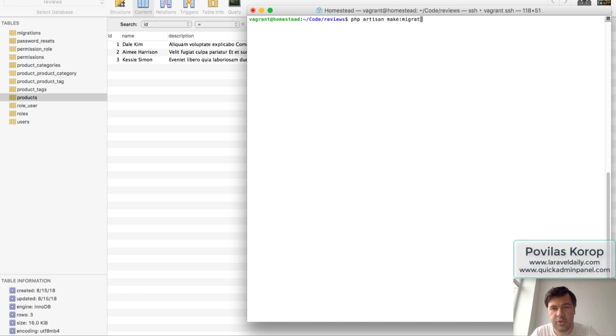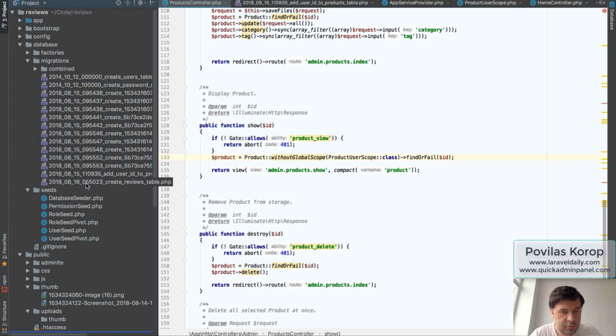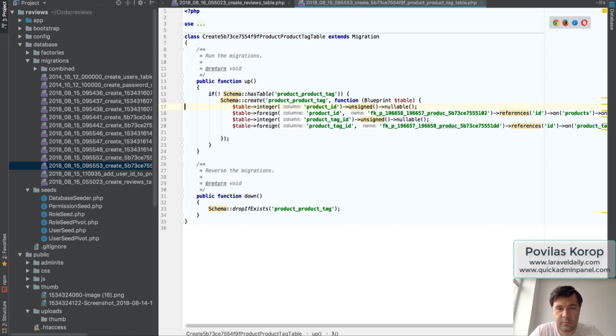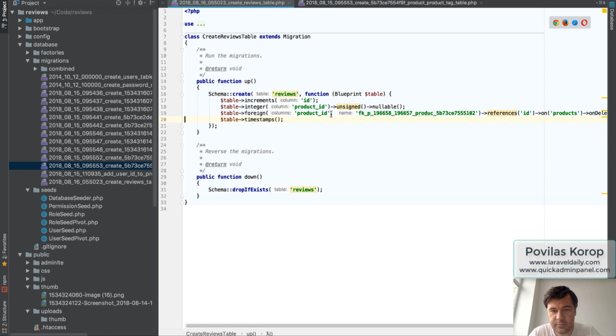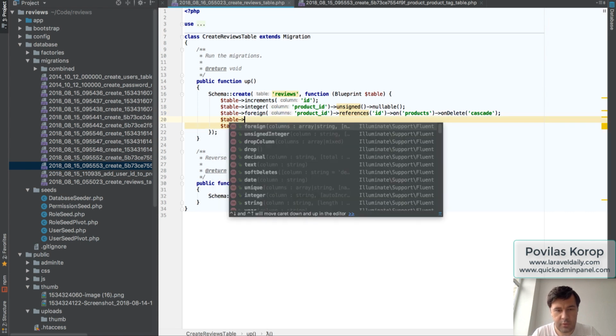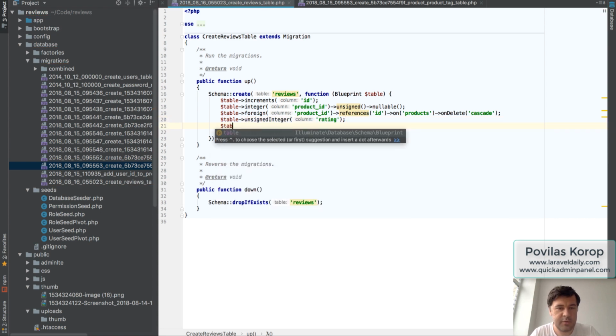Artisan make migration, create reviews table, and let's copy and paste some foreign keys. So for reviews we have product ID, which references product. Then we have rating, table integer or unsigned integer, rating, and comment,